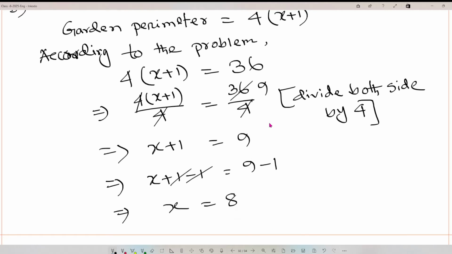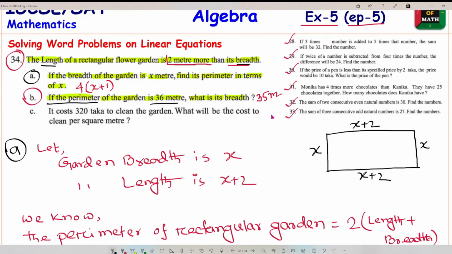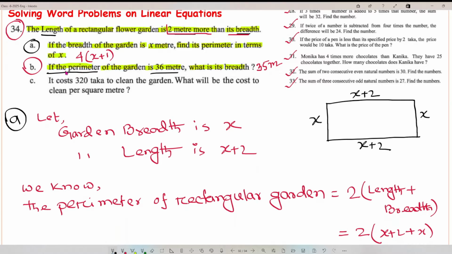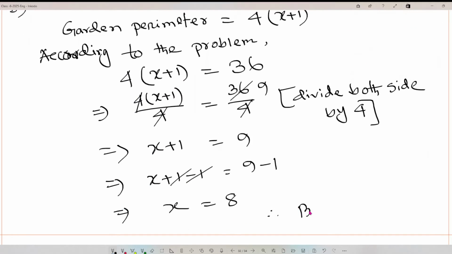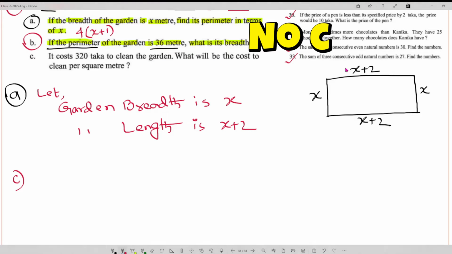So we can say here is mentioned what? If the perimeter of the garden is 36 meter, what is the breadth? So breadth is, breadth is what? 8 meter. Okay, so very simple, done. Now we will start number C. Number C,